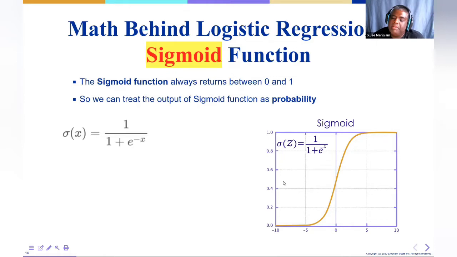So the function behaves like this, right? And you see how the function behaves. This is the equation. As you can see, as our input values approach large numbers, it converges towards 1. And when the input values are large negatives, it approaches 0. But it's always between 0 and 1. So it doesn't matter what your input is, you can always be sure the output is between 0 and 1. Now that's great, because